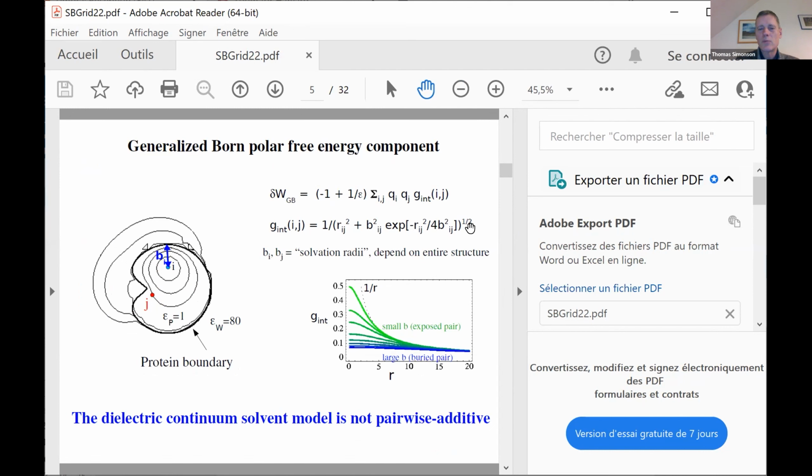If you're looking at an exposed pair, then the interaction looks a lot like just plain Coulomb. It looks green. If you're looking at a very buried pair, then you have different limiting behavior and your interaction looks blue. It's actually very small. Why? Because it's a solvent contribution. If you're buried, solvent doesn't come into it. And so you're blue, you're down here, it's very small. So there's this distance dependency, but parameterized by burial.